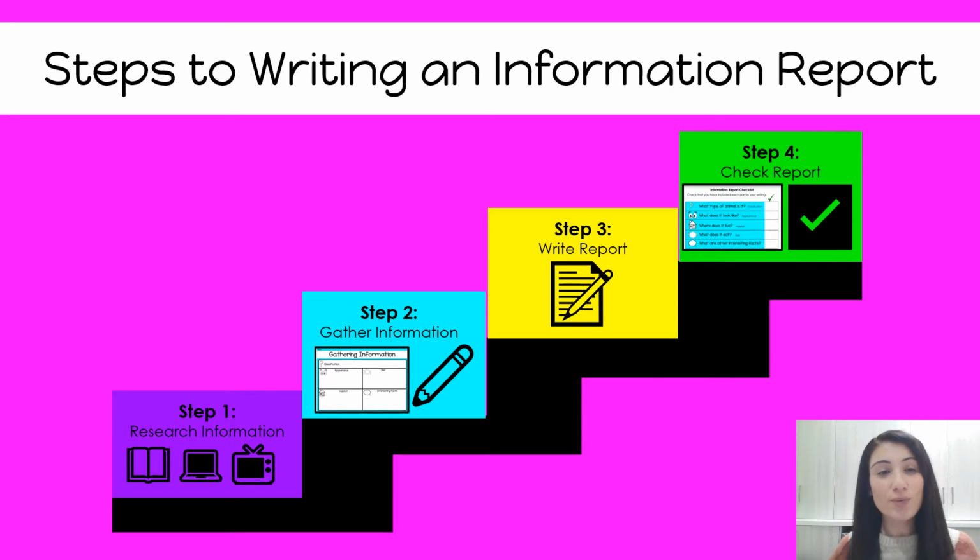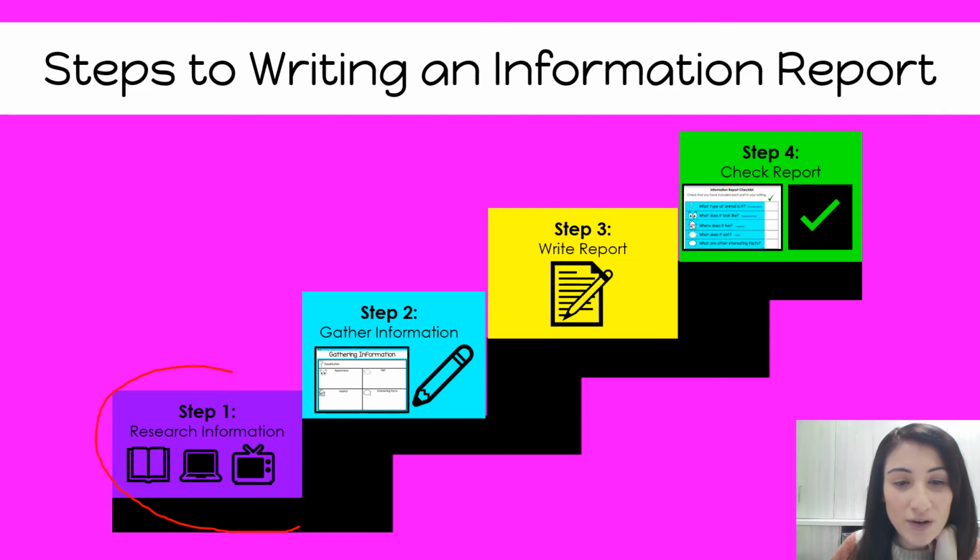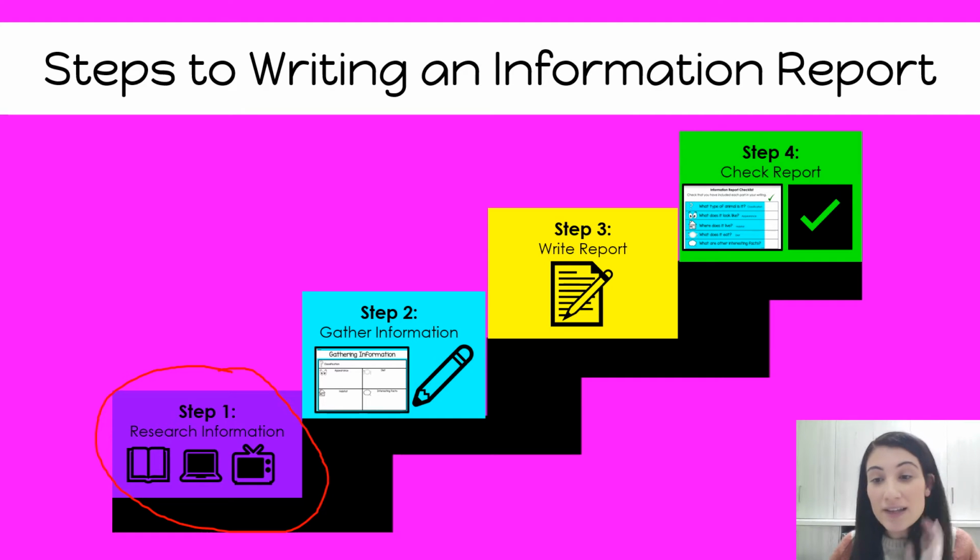If you will remember from last lesson, these are the 4 steps to writing an information report. Step 1, research information. So that's what we have been doing. In yesterday's lesson, we started researching information about an Australian animal that you chose. So hopefully you were able to find some books or use the internet or use your knowledge in your head of what you know about Australian animals to start gathering that information, which leads us to step 2, to gather